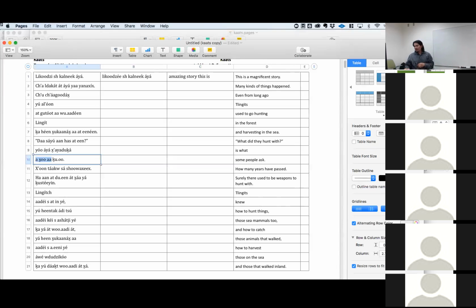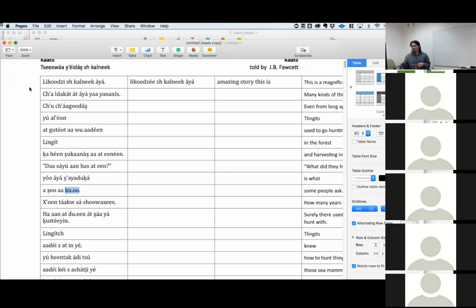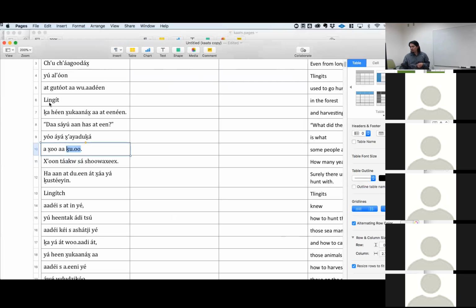And so this is, in the context, what some people would ask, right? So, ku'u. Ku'u is another really good word to know how to use. Let me zoom in, it's probably too small for you guys online. Ku'u is a group of people that live in a place, right? So this is how you'd say those people over in Angun, Ku'u, the people of Angun, right? And it could be yidatqu,